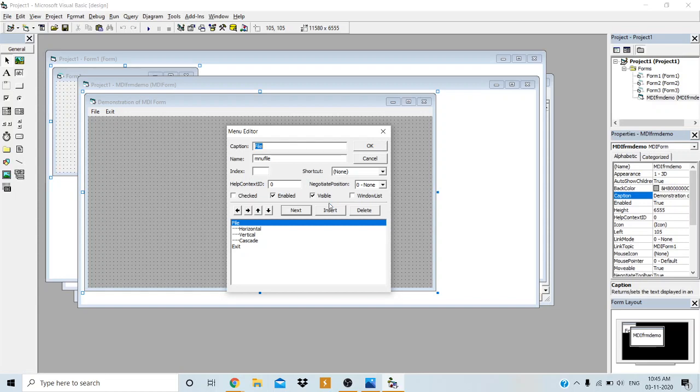Form 1, form 2, form 3. Then for MDI child property, whatever the properties you are changing, write them out in the properties table. Then after that, you have to write the complete code. Then you have to draw the output diagram on the left side, in the blank pages. The output diagrams should all be in a single page. Don't use a separate page for each output, first output on one page, second output on another page. Don't do that. In the same page, try to draw all the output diagrams.